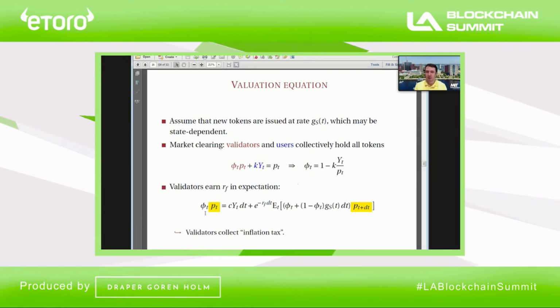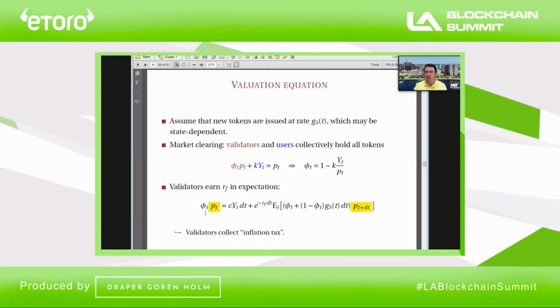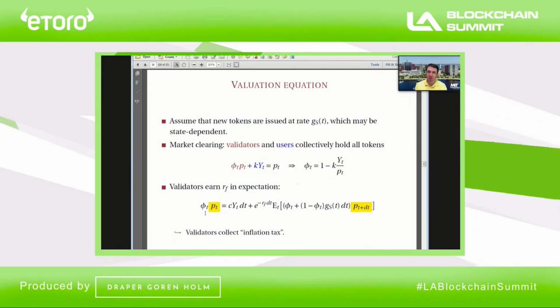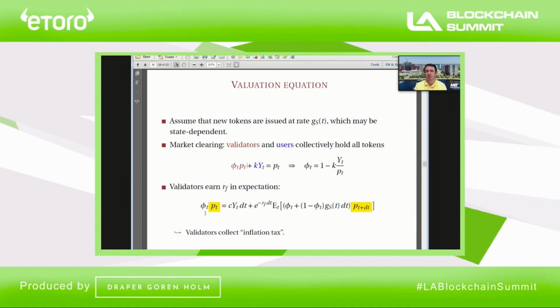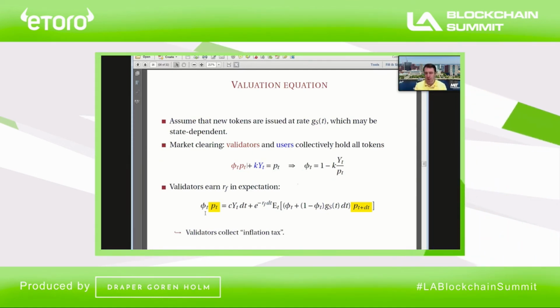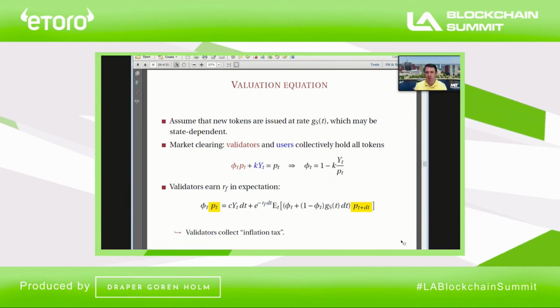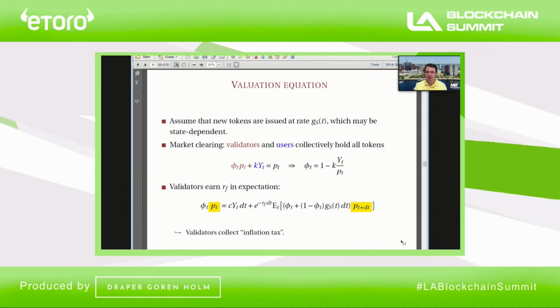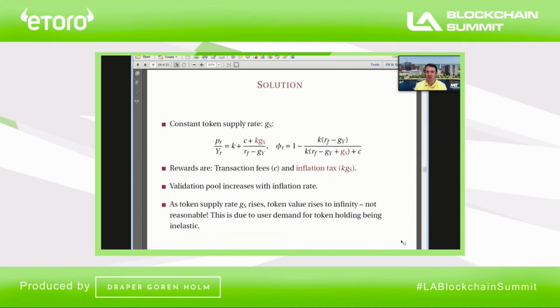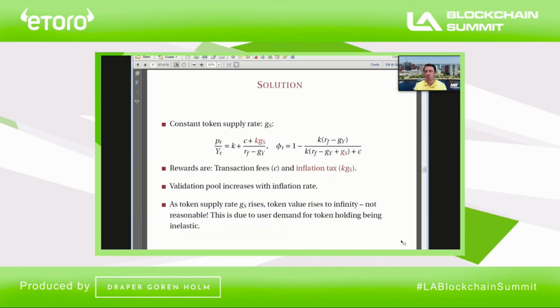The only difference now is that in addition to collecting fees from transactions, they also collect what we call inflation tax. They benefit from inflation tax because other users of the system see dilution of their holdings, and all of the newly minted tokens go to the validators. This is economically similar to the seigniorage that the government generates by printing money. So this is the analogy, but we'll call it inflation tax in this environment, and we can quantify its effect.